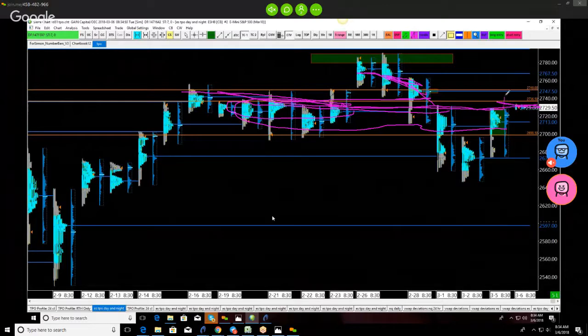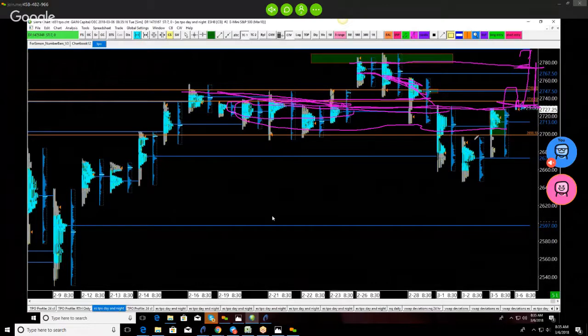So what's the first test? Get up, backside test, hold the backside test, and that sets us up for a push above where we have to get above that 2780. That 2780 sets us up to go back and reset new highs. Obviously, considering that's a 60-point run, we're unlikely to knock that out today.